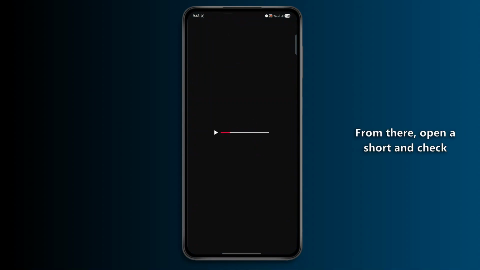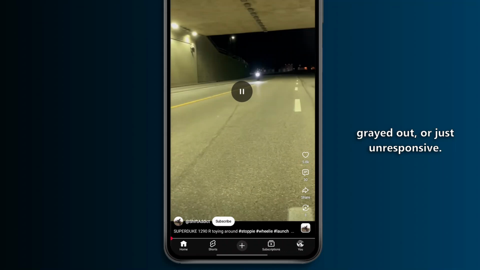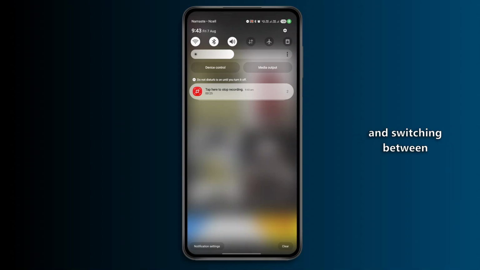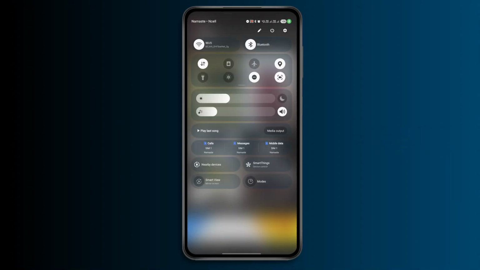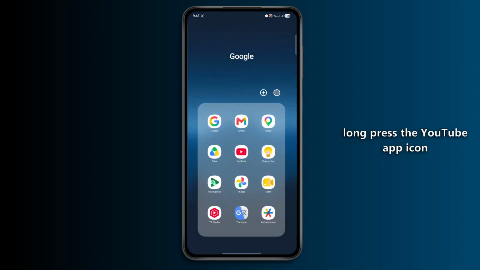From there, open a short and check if the interaction buttons on the side are missing, grayed out, or just unresponsive. After that, check your internet connection by swiping down to open the quick panel and switching between Wi-Fi and mobile data. At this point, if the connection isn't the issue, long press the YouTube app icon from your home